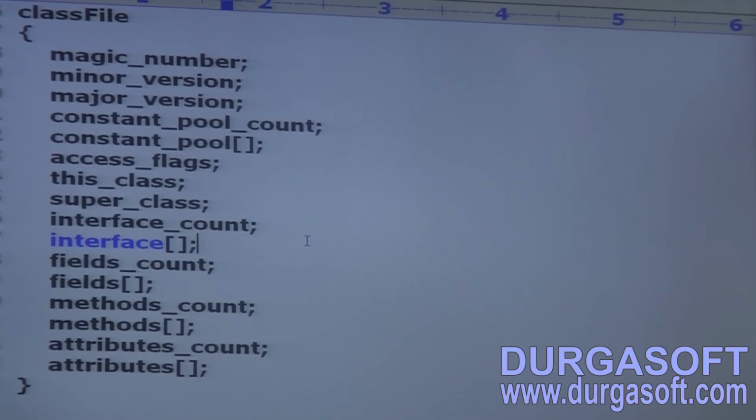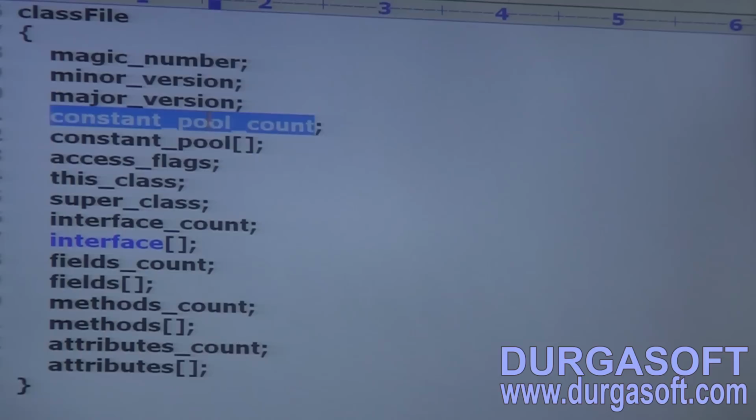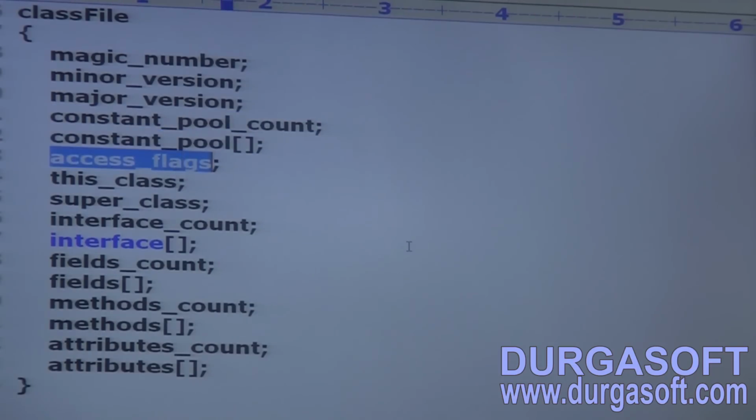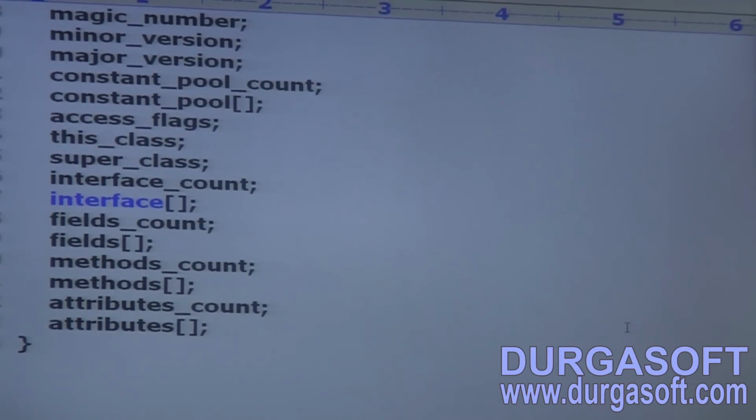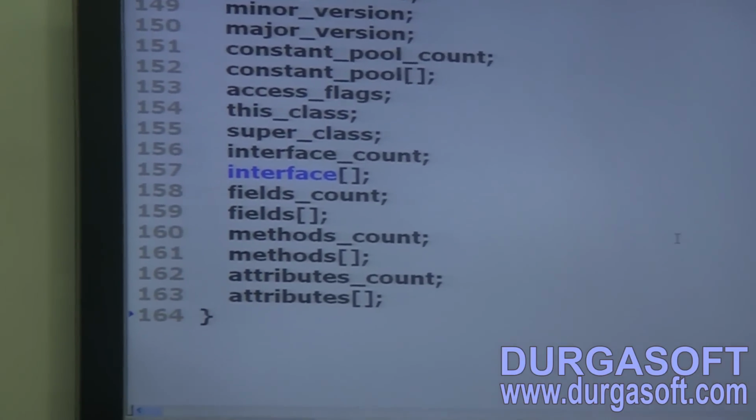Minor version, major version, constant pool count, constant pool array, access flags. Completed, right? Okay. Now, sir, you keep submitting magic number, magic number, magic number. Do you know, sir, I told